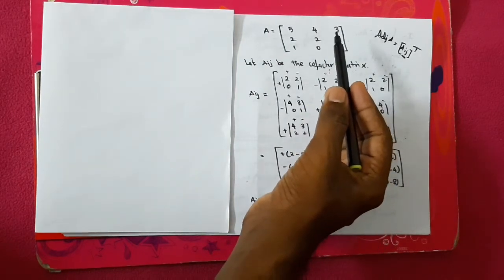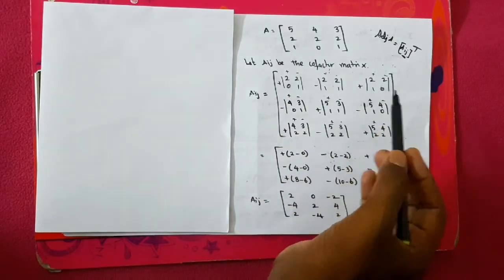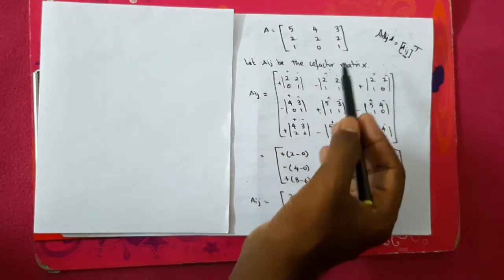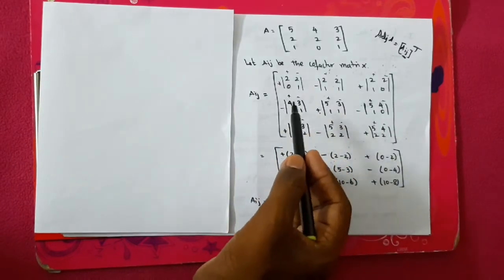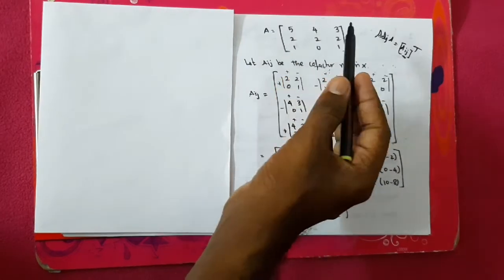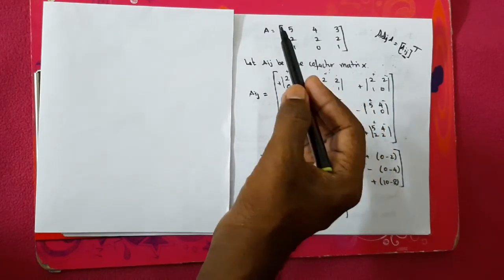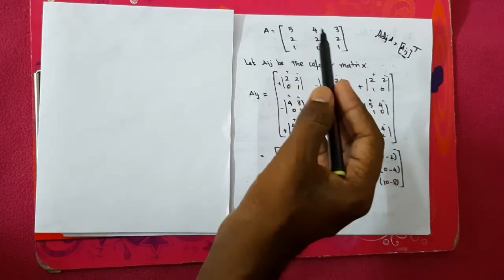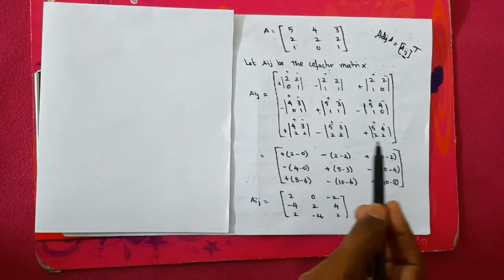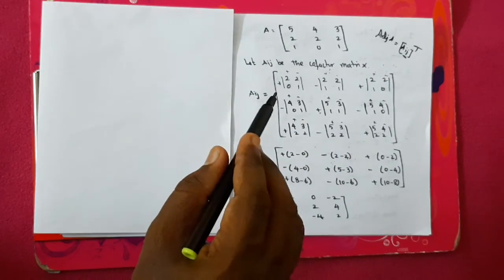And next for this 3, if you want to find the minor, leave this row and this column. So the answer is 2, 2, 1, 0. Put the determinant. What is the minor of 2? Leave this row and this column. So the entries are 4, 3, 0, 1, written in a determinant. Now for this 2, leave this row and this column. So you have 5, 3, 1, 1, written in a determinant. And for this 2, leave this row and this column. So you have 5, 4, 1, 0. Put in a determinant. And like that for 1, 0, 1 also we have written. Now, if you write only the entries within a determinant, that is called a minor.